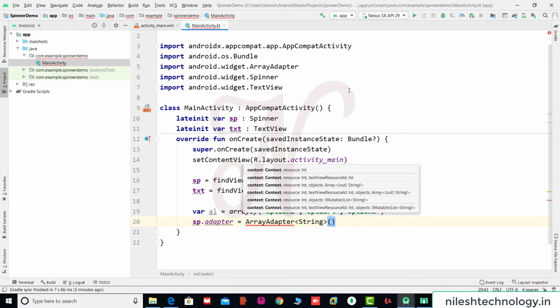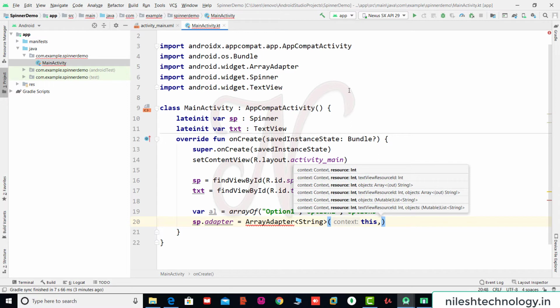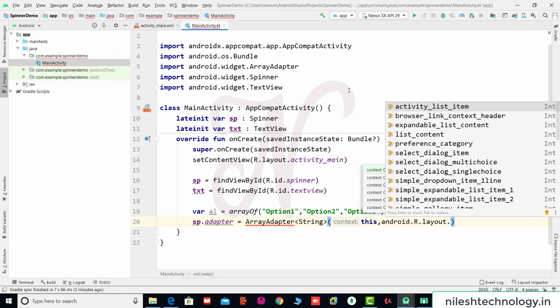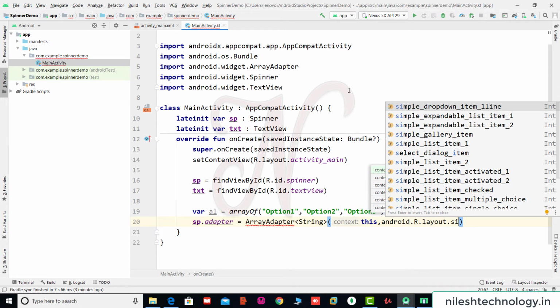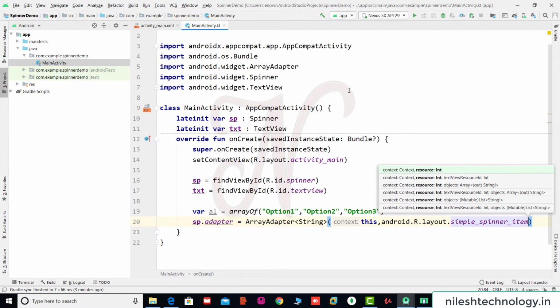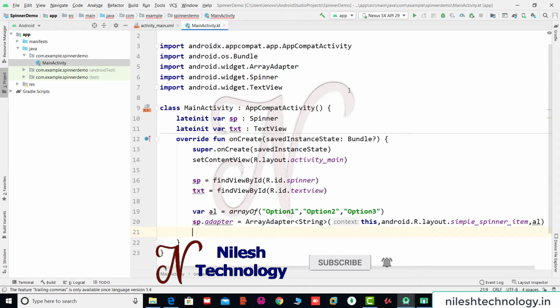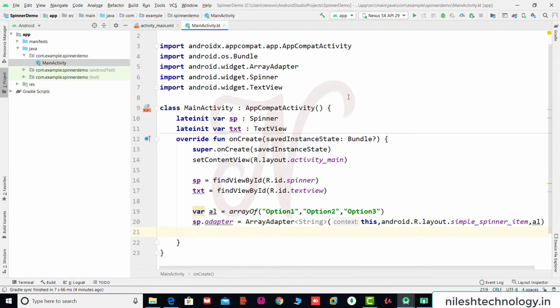There are two parameters. The first one is the current class object or the current activity, that is getApplicationContext or this, and the second one is android.R.layout.simple_spinner_item, and the last one is your array object al. By using this array adapter we set all these array items to this spinner.